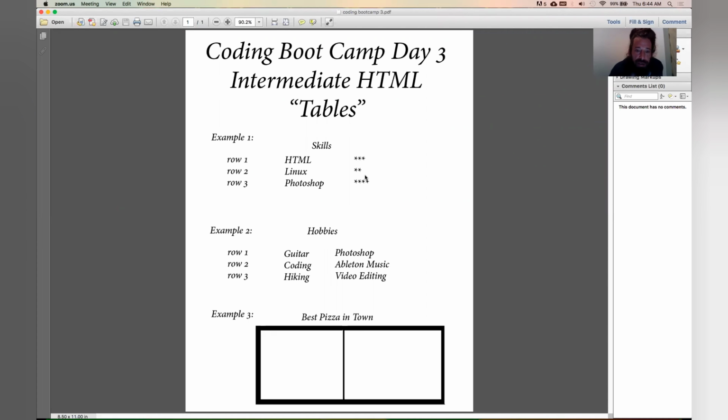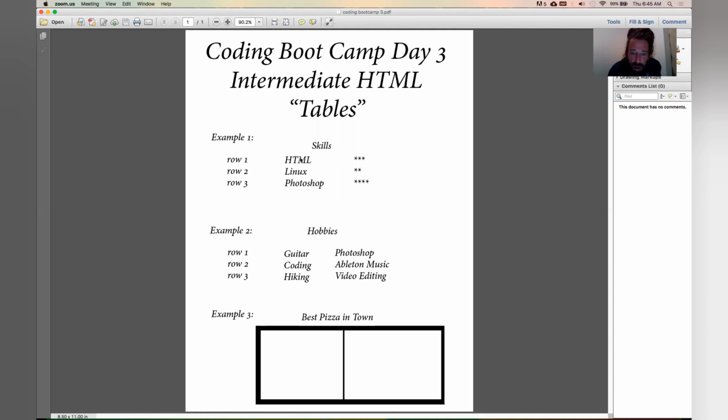All right, so check it out, you guys. If you could see this, some examples. You could have something super simple. Basically, what we're looking at right here would be a table. Skills would be above the table, and then this right here would be row number 1. So when you're dealing with tables, you're dealing with rows, and then you're dealing with data cells from left to right in the row. So when you create your tables, you're dealing with row 1,